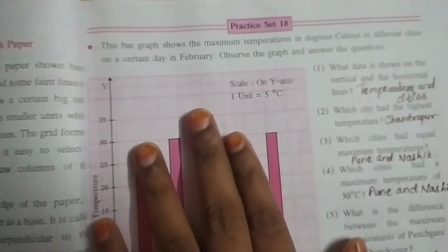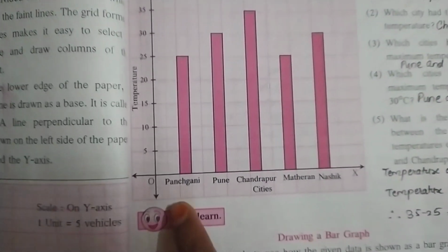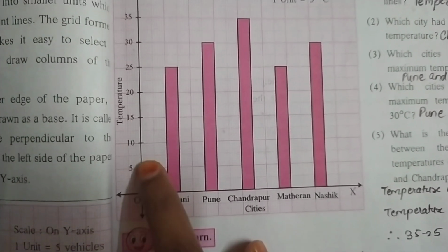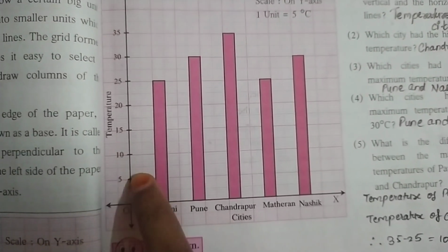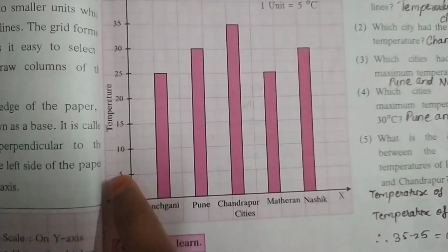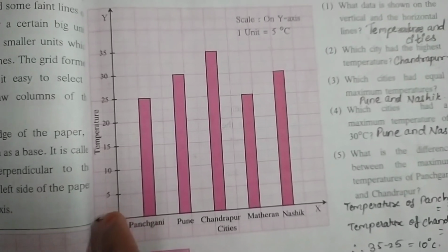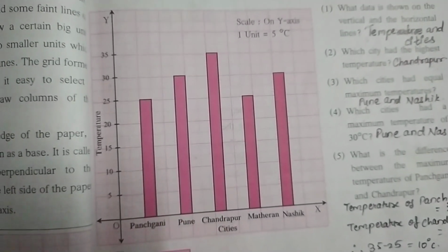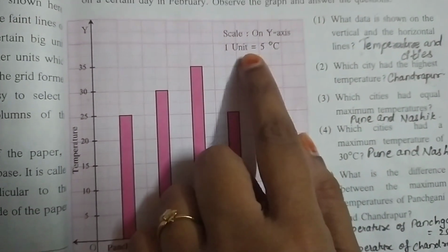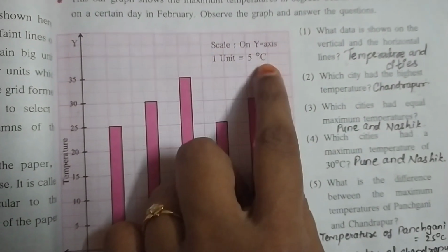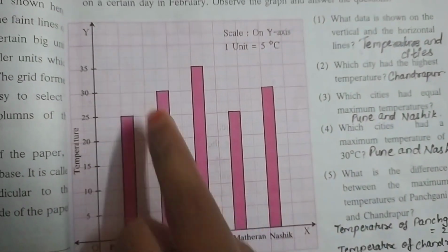Now please note it in mind that in graph we have to write scale and the unit measurement. What is 1 unit? 1 unit is nothing but this is the 1 unit of 1 box. If you measure it with your scale, it's equal to 1 centimeter. So 1 box is equals to 1 unit or 1 centimeter. So your number will be over here. As in number line we have after 0, 1. But in graph we will write as we have learned in pictogram, 1 picture equals to 5 vehicles. Similarly in graph also we will have the unit conversions. That means here 1 unit is 5 degrees Celsius. So 5 plus 5, 10, 15. This goes on with the table of 5.